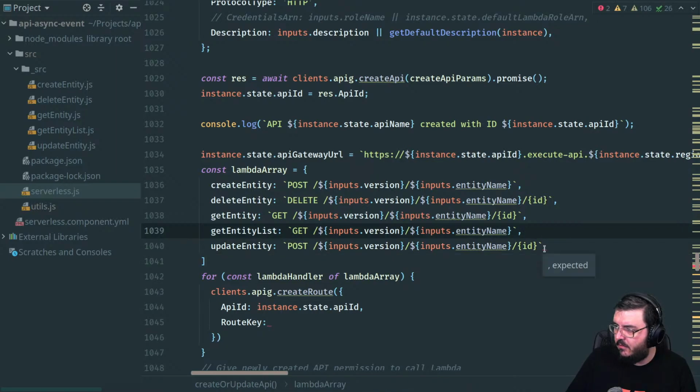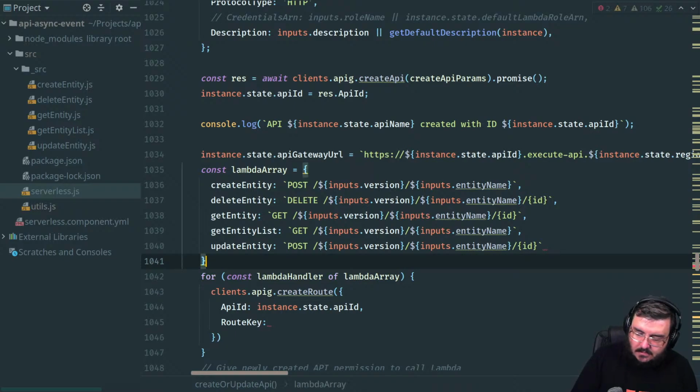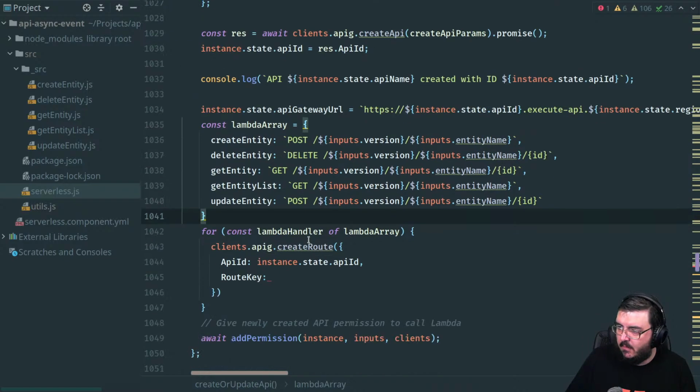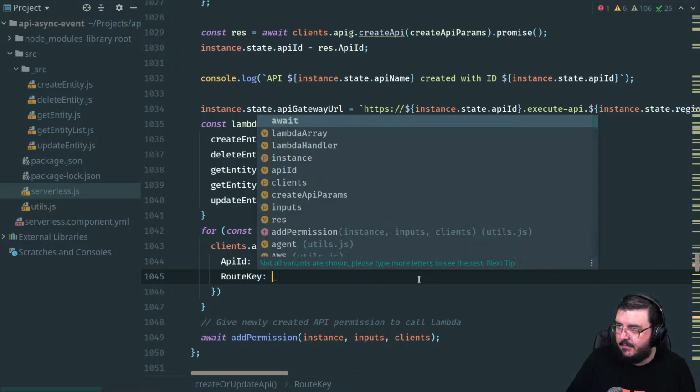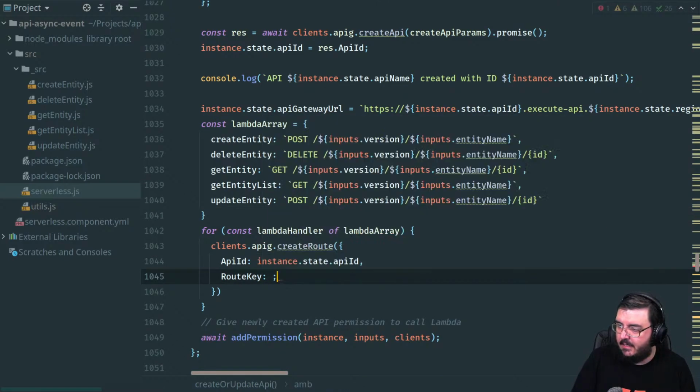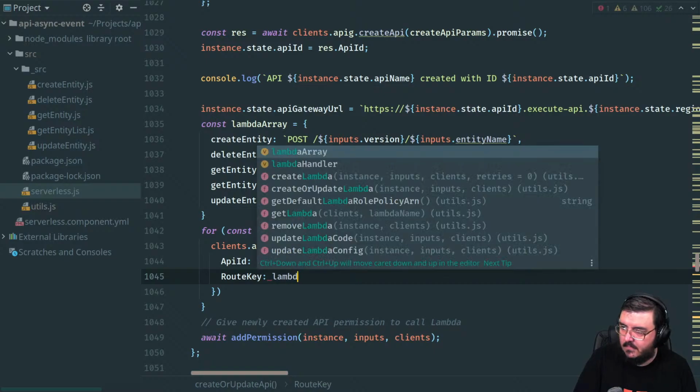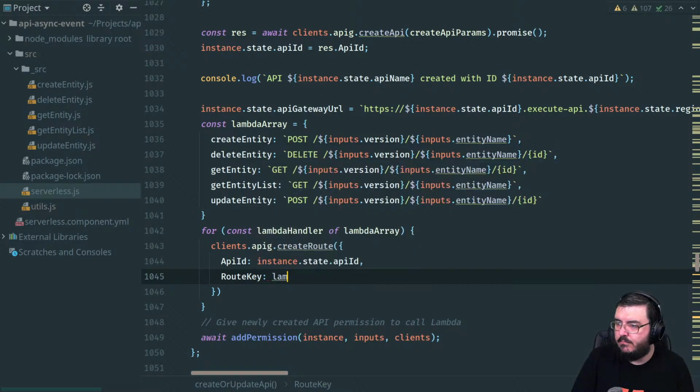Why are you unhappy? Oh, there we go. All right, so that's really what I want there. So now I can get my root key is going to be lambda.